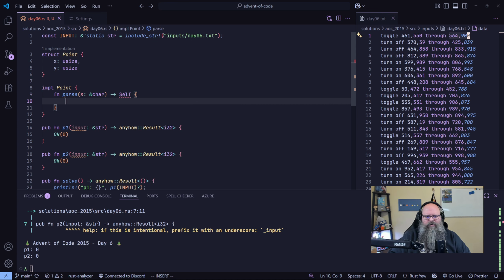We could potentially use nom for this. I'm inclined to try not to use nom in solving these problems until it's sufficiently complex. Let's just see how it works without. I mean, this one's pretty easy, right? Presumably we have this string right here. And so we want to do a